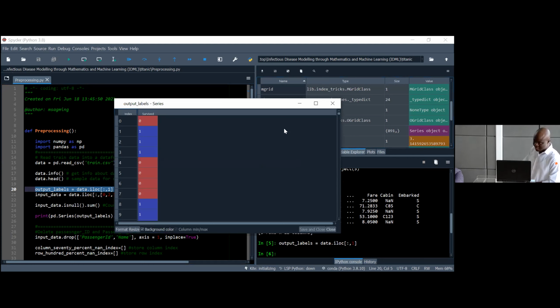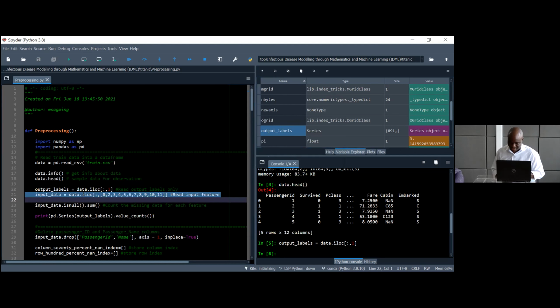There we go. So those are the output levels. You can see just 1 and 0. It tells you if a specific passenger actually survived the accident or not, right? So moving on now, I need to extract the input